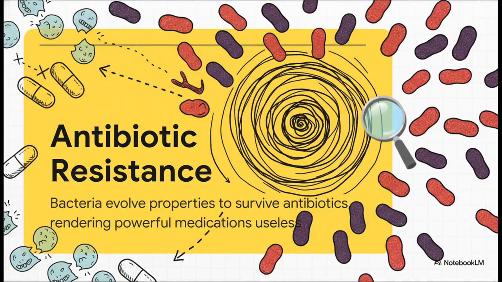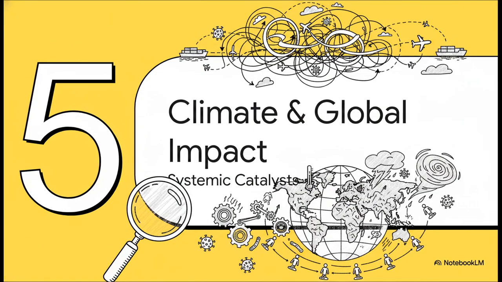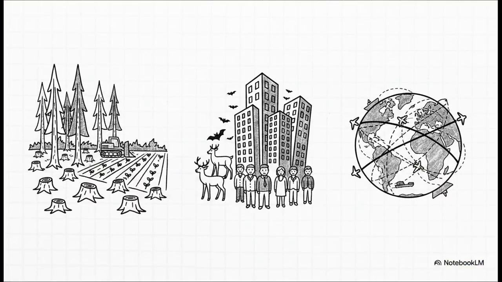Let's zoom out a bit for Section 5, Climate, Biodiversity, and Globalization. At the macro level, human activities are fundamentally rewiring the planet. Things like massive agricultural expansion, rapid urbanization, and deforestation are totally destroying the natural physical buffers that used to sit between us and wild animals. This habitat fragmentation basically forces animals and humans to cram into shared spaces. And when you combine that increased contact with our dense global trade and massive air travel networks, well, we've essentially built high-speed highways that allow a localized animal spillover to become a global human crisis in a matter of days.